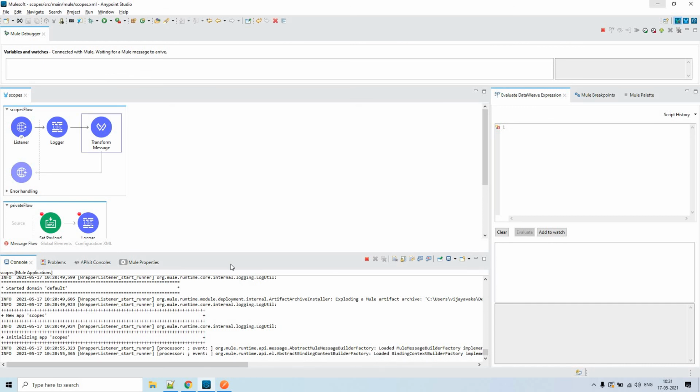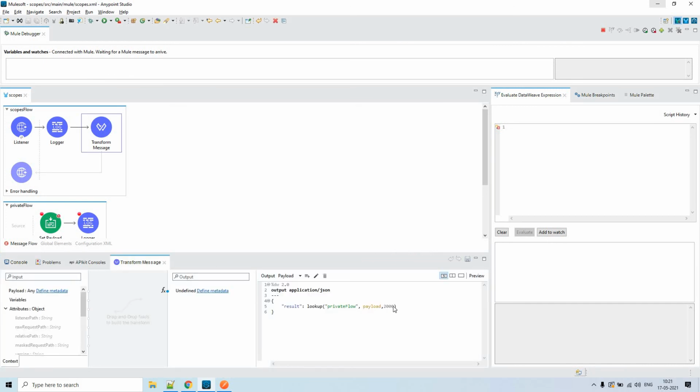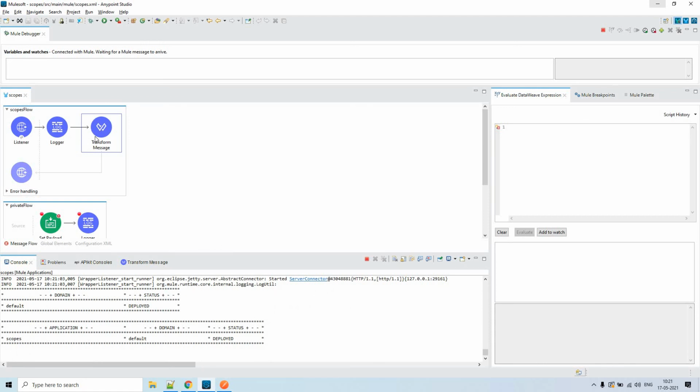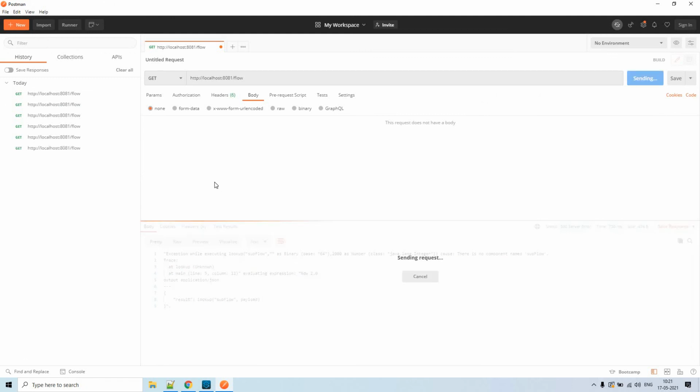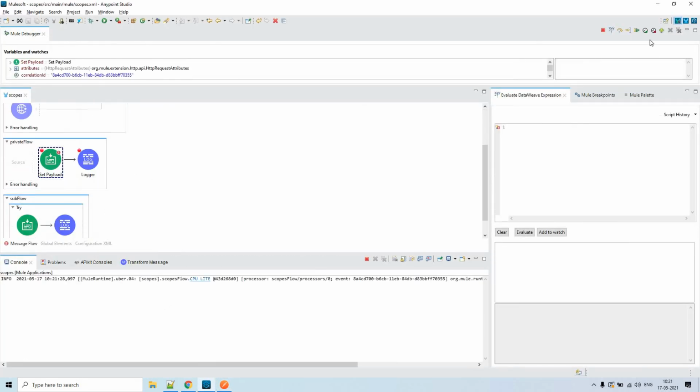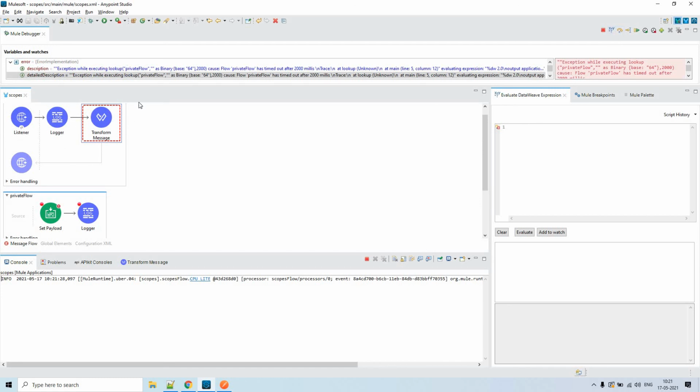So we have configured the third parameter here, that is nothing but the timeout, some time frame. So ideally you should get some response here within 2 seconds. What I configured is 2000 milliseconds. Now you see here we have run this flow in the debug mode. Now I'm clicking on send. Let's wait for 2 seconds, click on next. See, we got an issue, right?